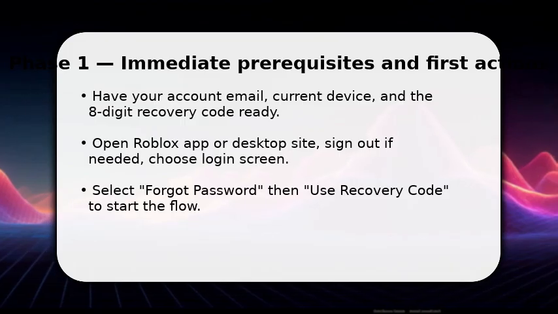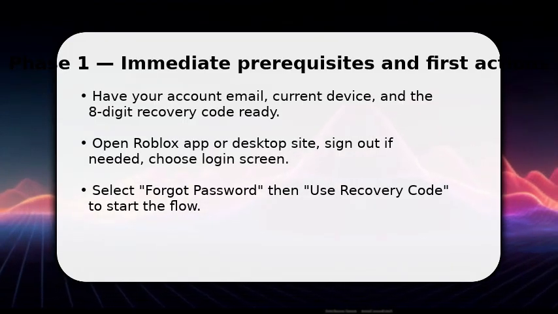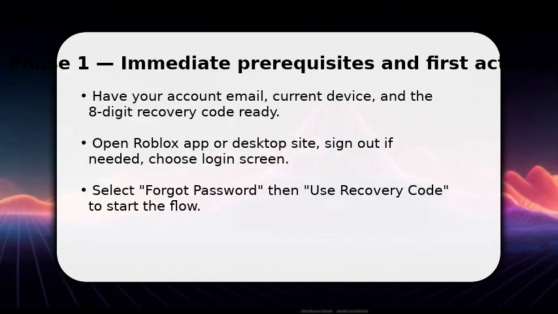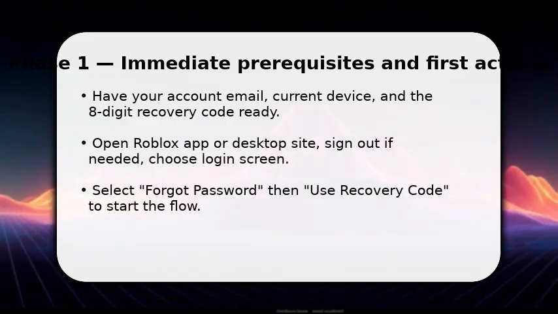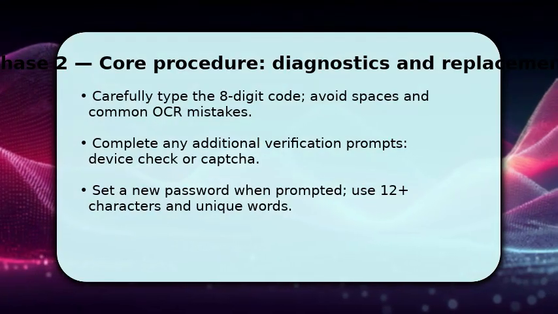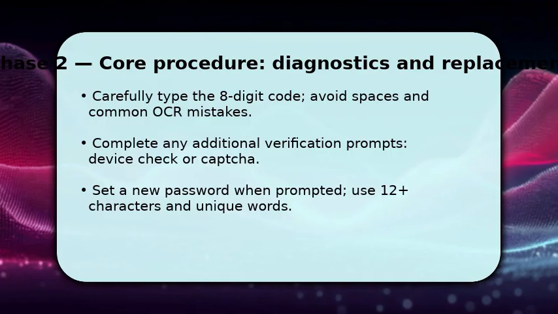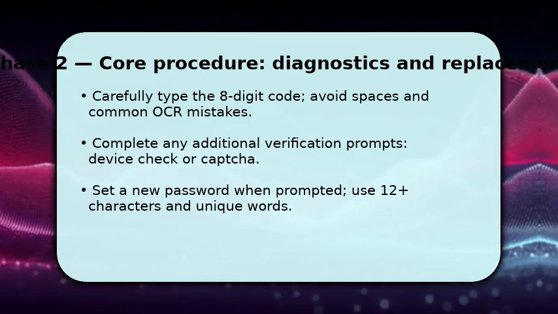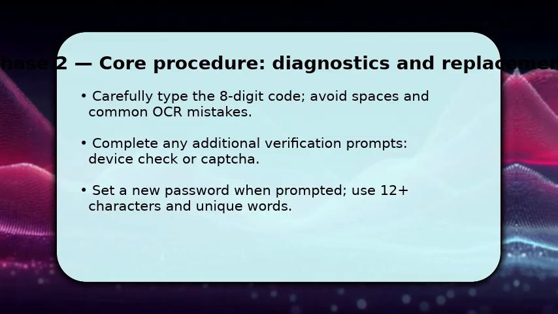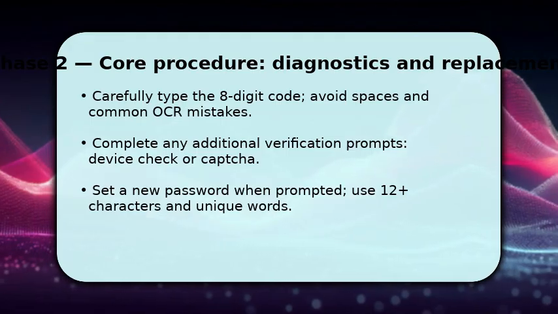This bypasses email resets. You do this because recovery codes are single-use offline keys tied to two-step recovery. So starting here avoids delays and keeps control in your hands. Once done entering the 8-digit code, type deliberately, no spaces, no extra characters, because one wrong digit rejects the entire attempt. Make sure to complete any follow-up verification Roblox asks for, like confirming the device or solving a CAPTCHA, since